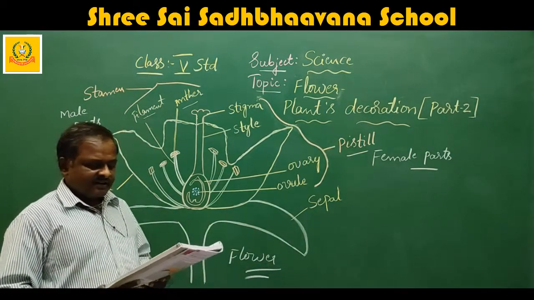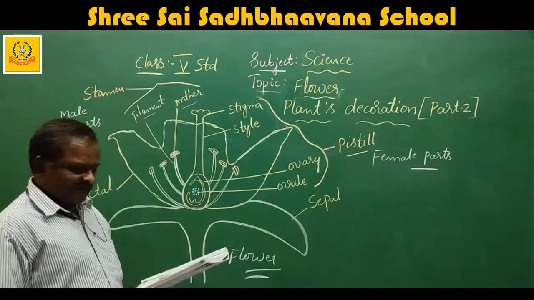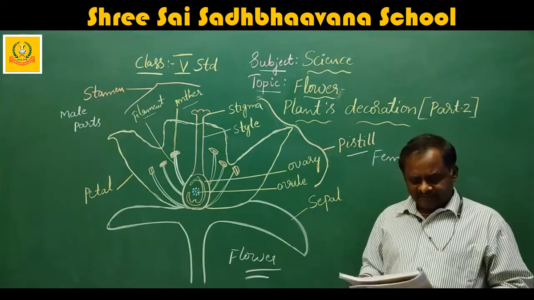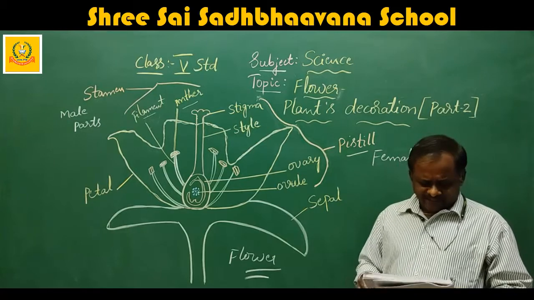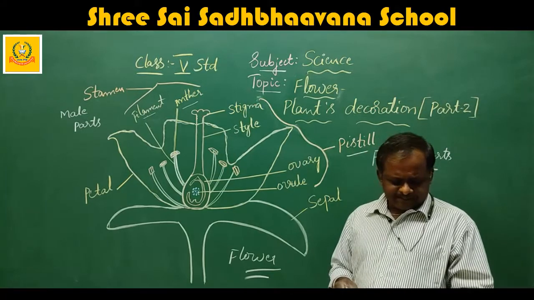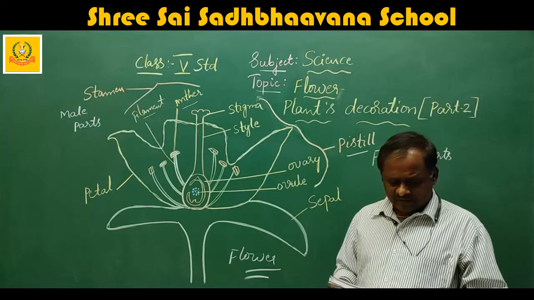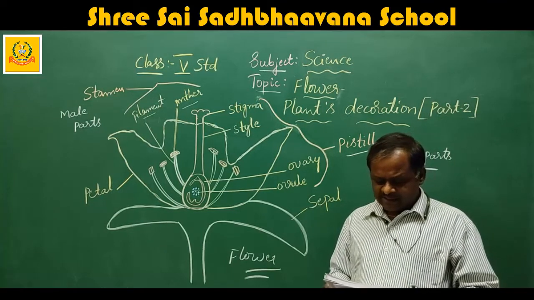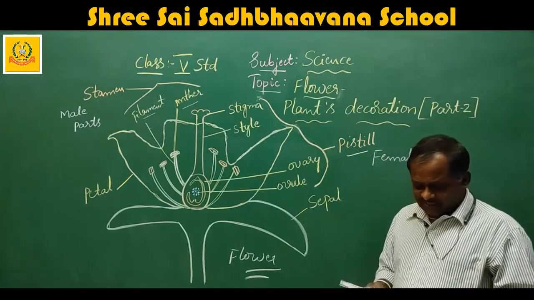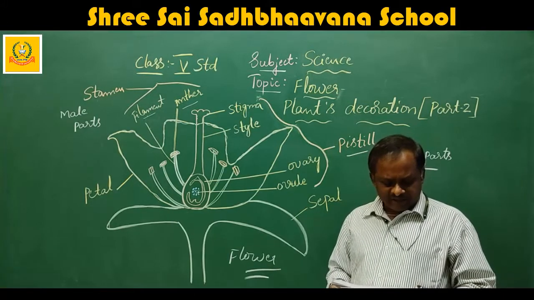I hope you understand very well what the male and female parts and other parts of a flower are. Now we go for types of flowers. I will read, just go through page number 7 only. Types of flower. Imperfect flower: a flower that has either all male parts or all female parts but not both in the same flower is known as an imperfect flower. Example, the flowers of cucumber, pumpkin and watermelon.